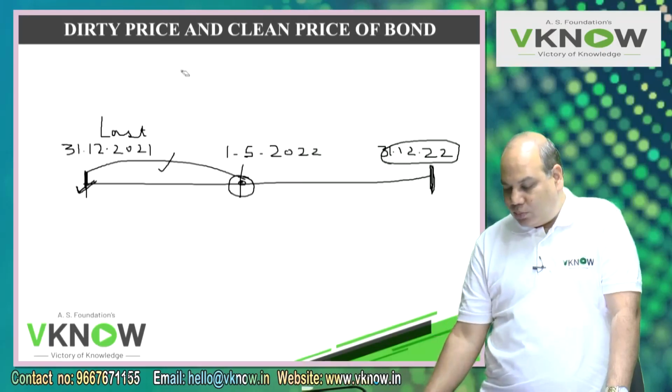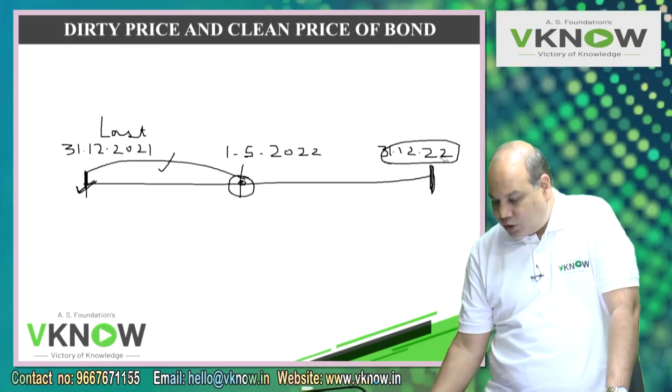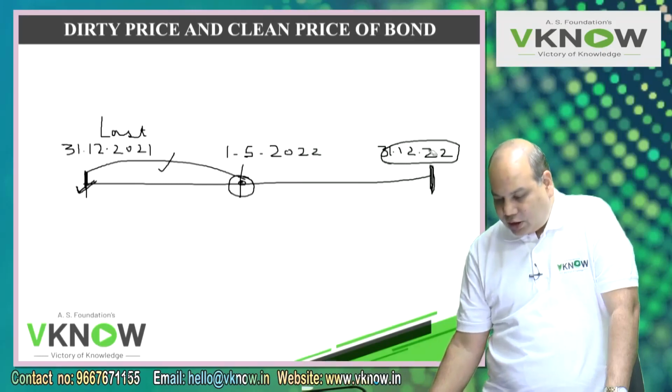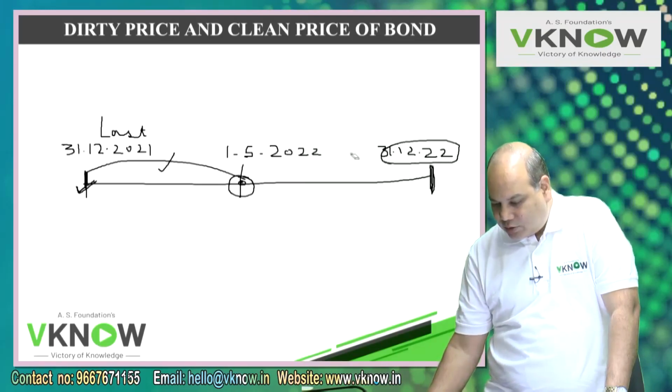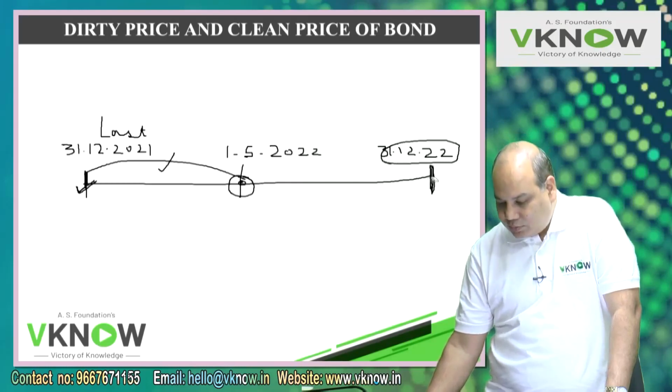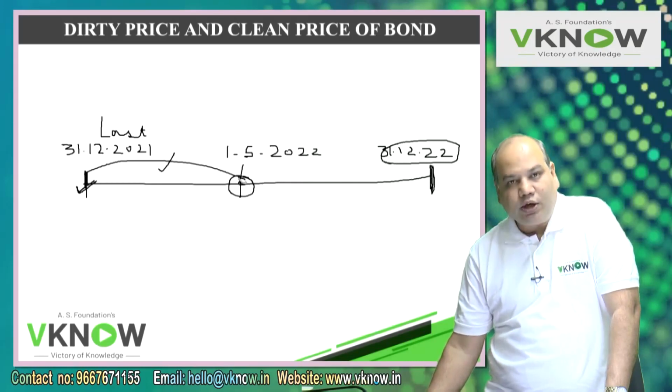So how do we value the bond on 1st April or 1st May here in between two coupon payment dates? First I'll value the bond here. That I can do on any date. I can value the bond either on this date or this date. If I value the bond here, which is what we will do, the procedure we will follow is to value the bond here and then discount it by 8 months. In our example, 1st May to 31/12 is 8 months. That will give you the value at this point.